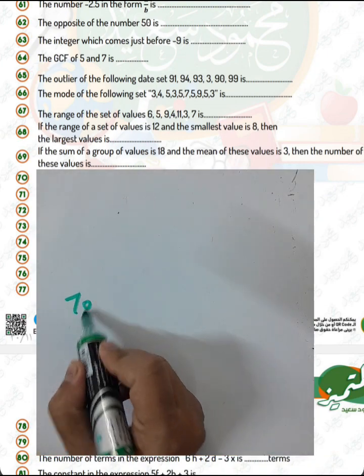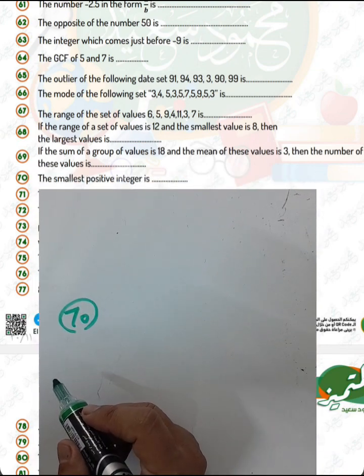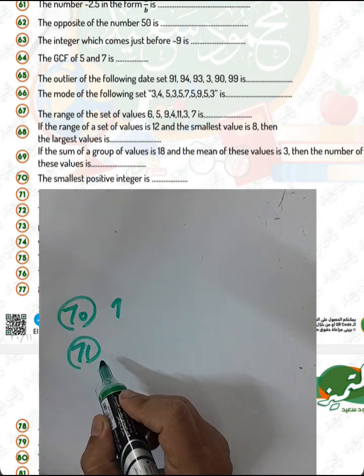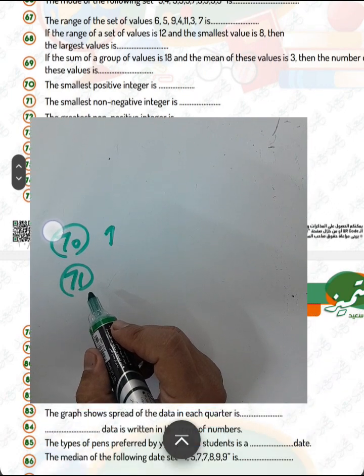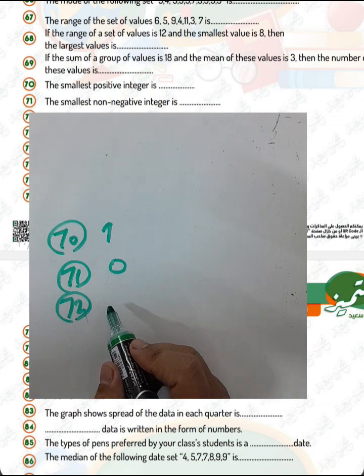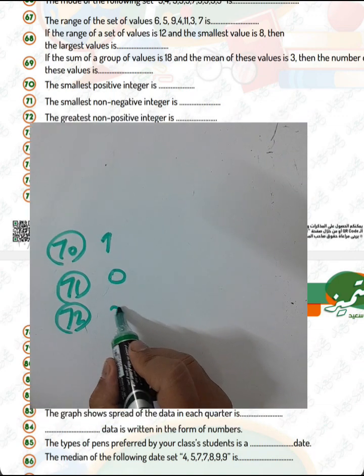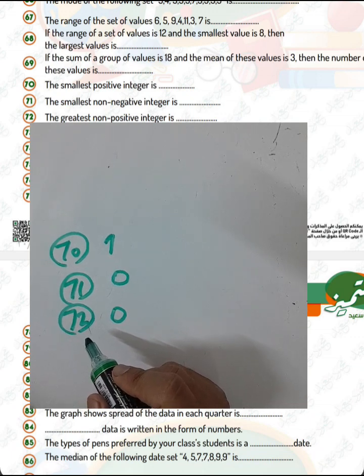Question 70. Here, the smallest positive integer will be 1. Question 71. The smallest non-negative integer will be 0. Question 72. The greatest non-positive integer will be 0. Okay, greatest non-positive integer,